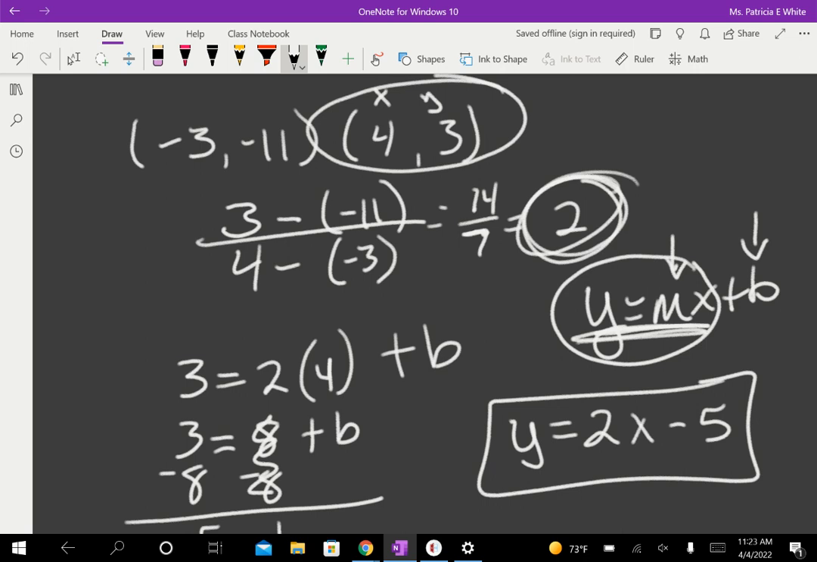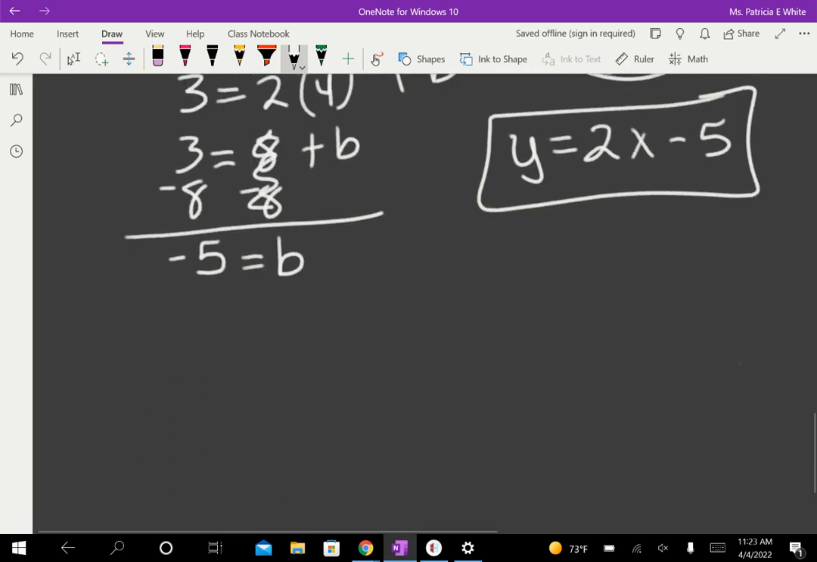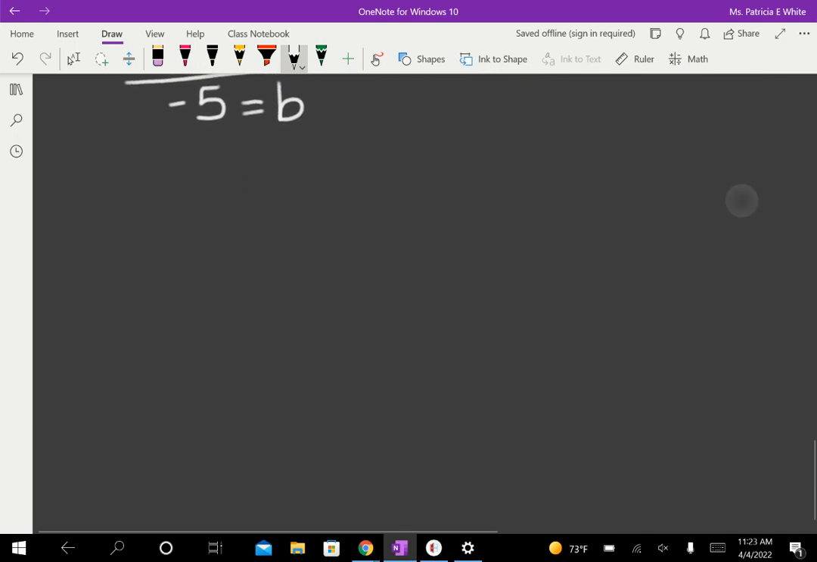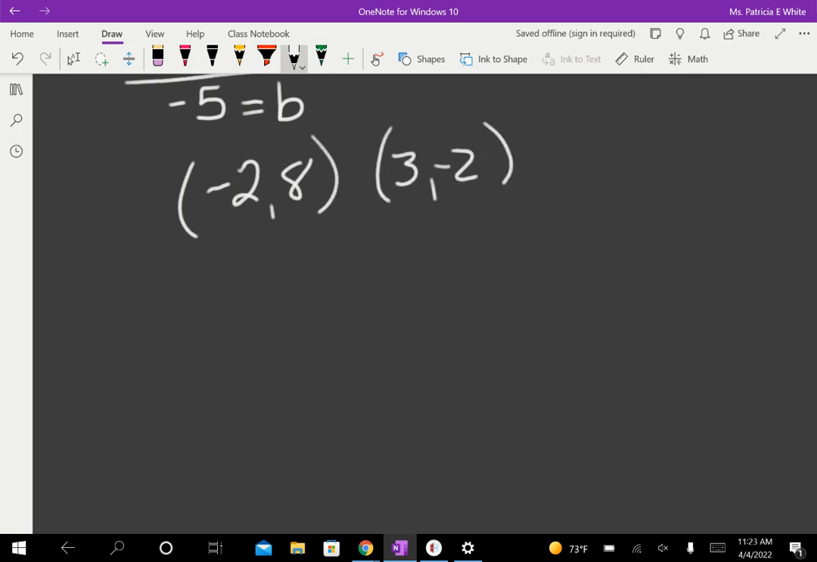All right, what was my number 2 coordinates? (-2, 8) and (3, -2). Okay, so I'm going to say 2, 1. Does it make any difference? Nope. Maybe you said 1, 2. Does it make any difference? I have 8 minus a -2 over. If I put that 8 out front, then I have to put the -2 out front because that's my point 2. So -2 minus